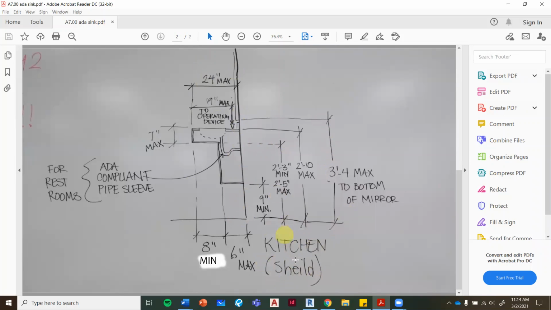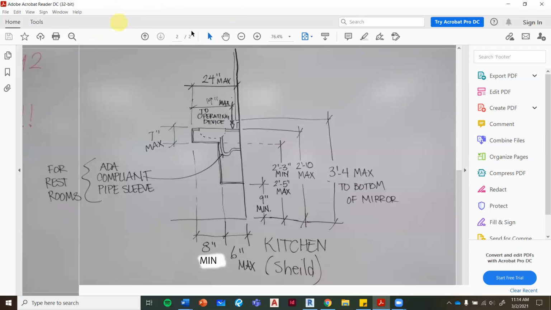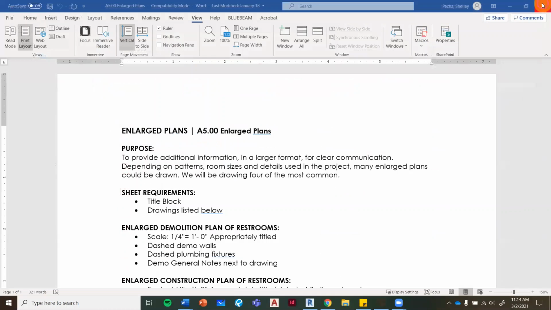We'll talk about the kitchen shield later when we talk about the break room. But these are just some reference documents for you. Okay. So back to the